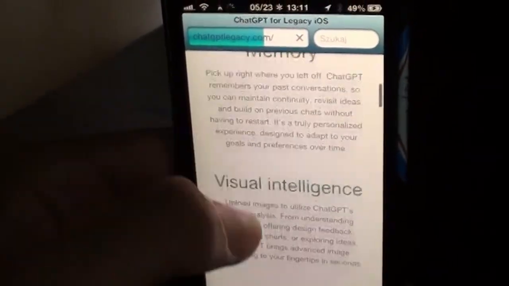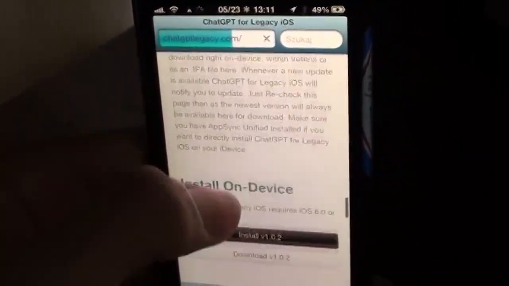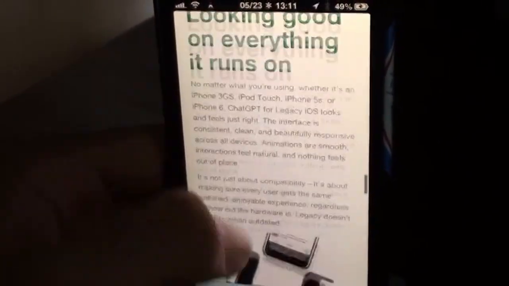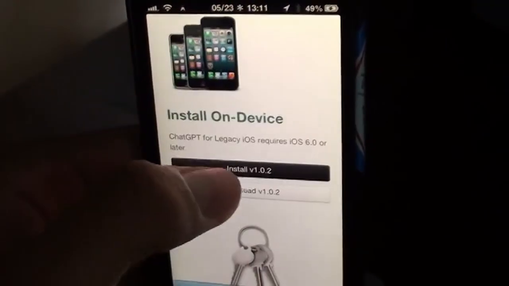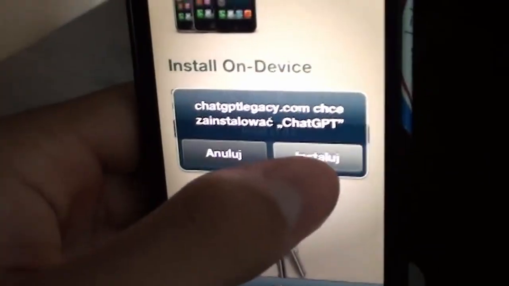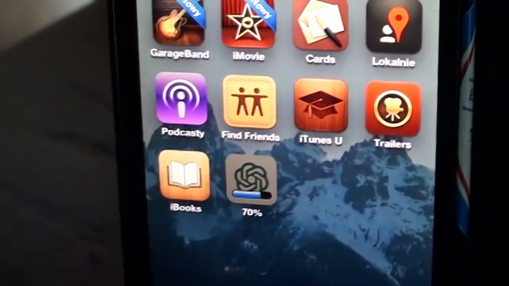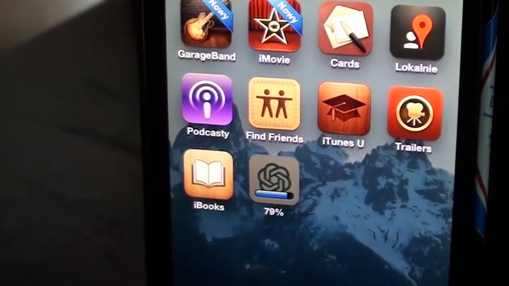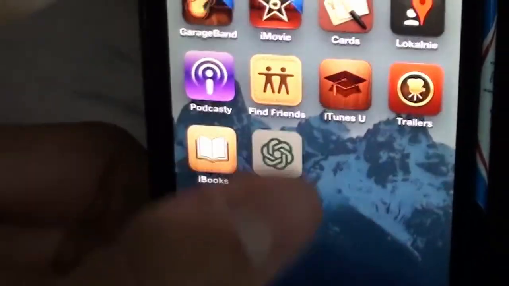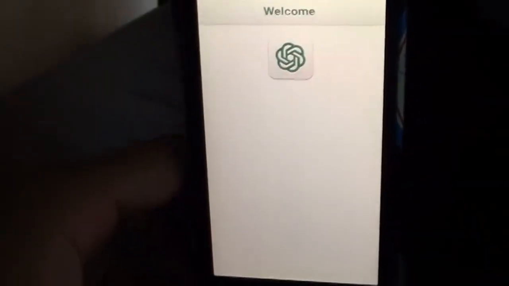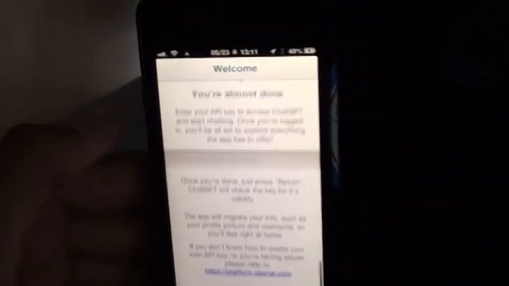Click go and scroll down until you can find the install. Oh, where is it? There we go, install. So you want to install that and give it some time. There we go. So now that your ChatGPT app is installed, all you need to do is scroll down and